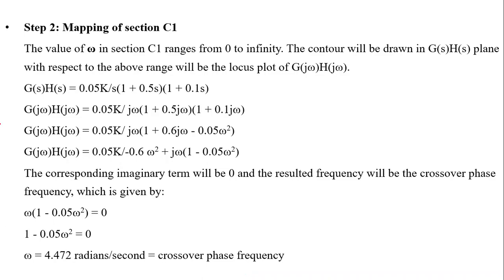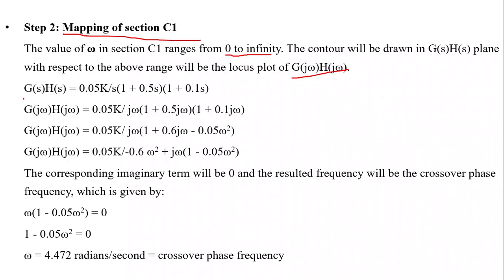After that, the step 2, we have to do the mapping of section C1. The value of omega in section C1 ranges from 0 to infinity. The contour drawn in the G(s)H(s) plane with respect to the above range will be the locus plot of G(j omega)H(j omega). So, we have to